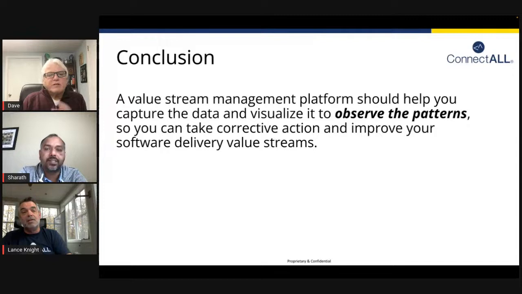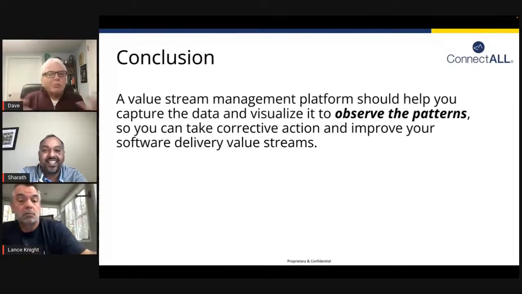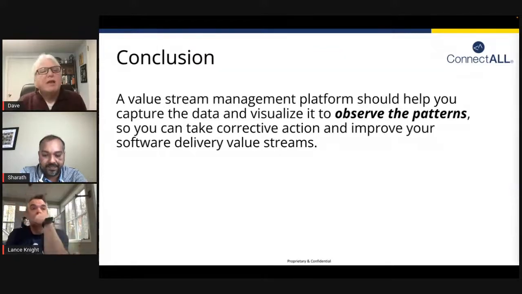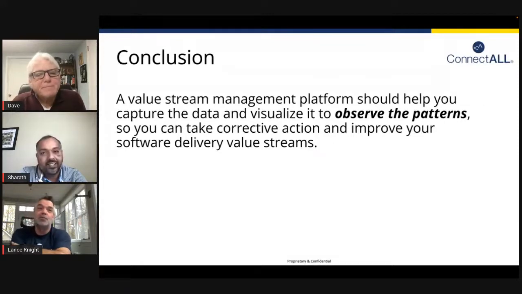Sure. Well, it seems to me to be that this is really the underpinning of what the industry is calling continuous improvement. Being able to see your system, see your products, see your processes, and correct them, and find the bottlenecks, find the flaws, find where you're coming up short, fix it, move on, and do it all over again. Yeah, absolutely. That's value stream management to a T, right? Because it is, and your platforms help with that.